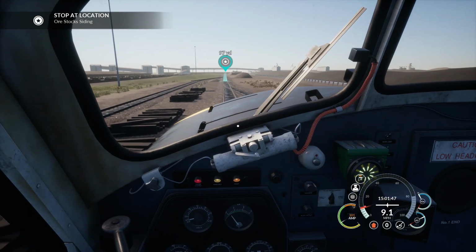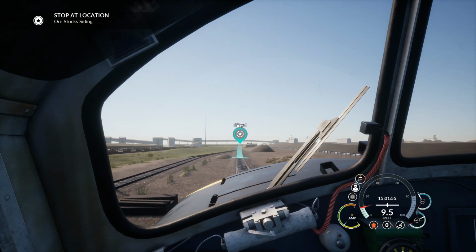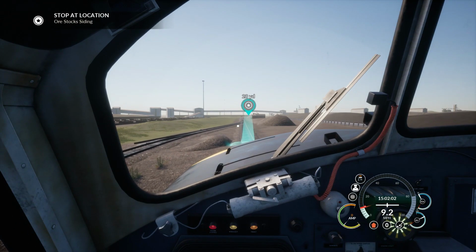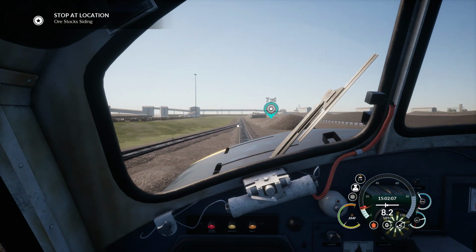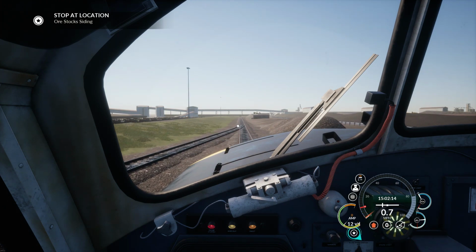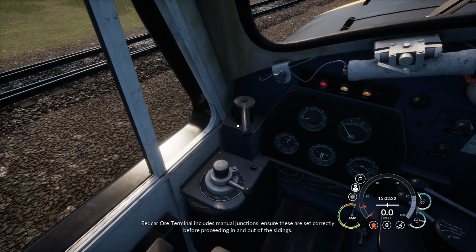We'll have to figure out how to use the slow speed control, something that wasn't actually shown. That's not actually coast. I suppose we'll just let it run through there. And we'll just stop here. Perfect. Job done. Add a little bit of brake pipe pressure there, and